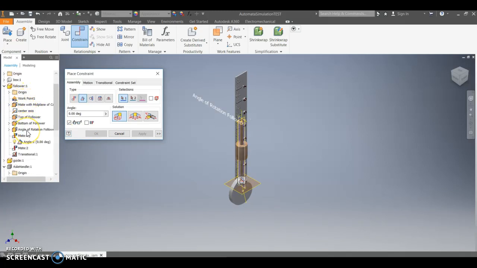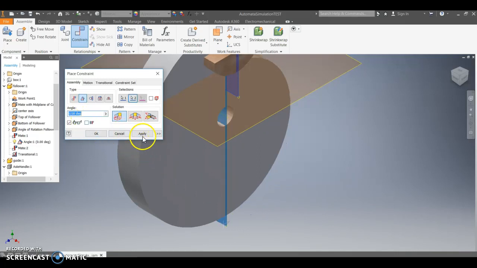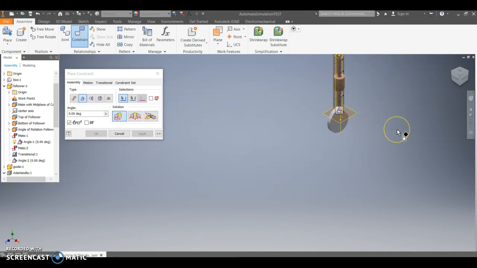I'll click on that one, and then I'm going to use the work plane down here on the cam, and hit apply. Now, if I've done this correctly, I won't be able to rotate the cam at all. I click on it, I can't do it. But what I can now do is over here,